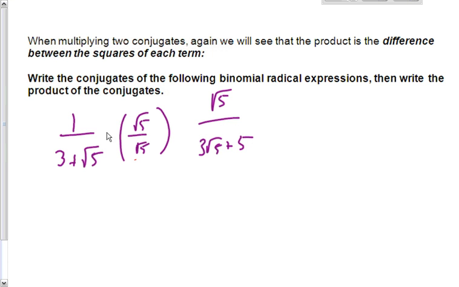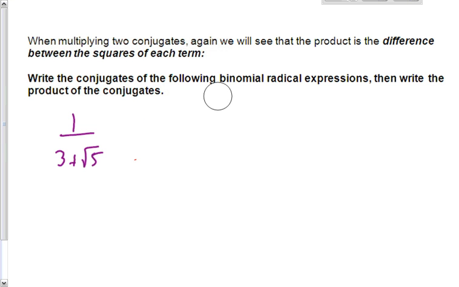Okay, what we're going to do, to take care of something like this, is multiply by the conjugate of the bottom. The top doesn't matter, just the bottom. The conjugate is the same as the term before it, except the sign in between is different. So whatever's down there, that's the conjugate. Notice that the 3 is the same, the radical 5 is the same, the symbol is just different. The reasoning for it is, if you multiply by this, minus radical 5,